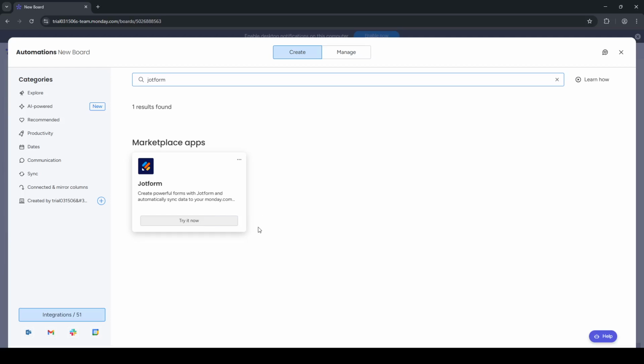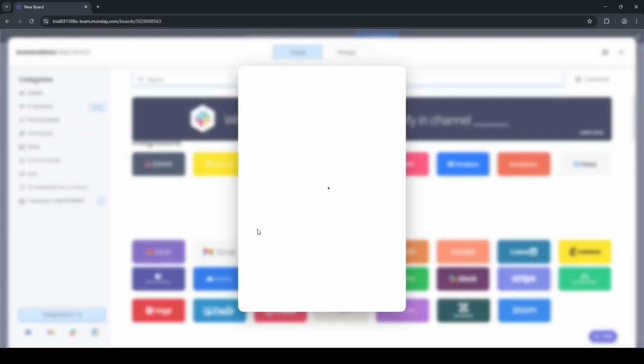To make sure it's working, submit a quick test response through your JotForm. You should see a new item appear in the board with the mapped details in place. If something doesn't look right, revisit the integration, adjust your field mappings, and test again. Clear naming in your board and form will save time, and consistent